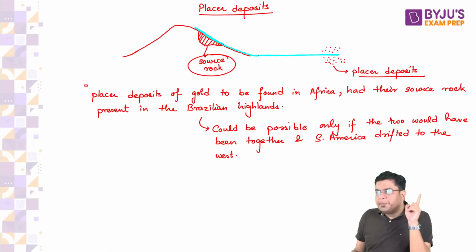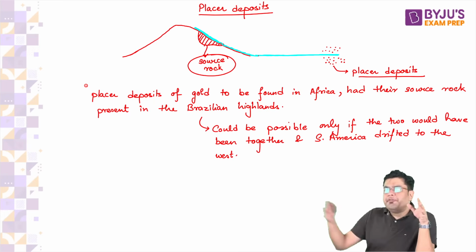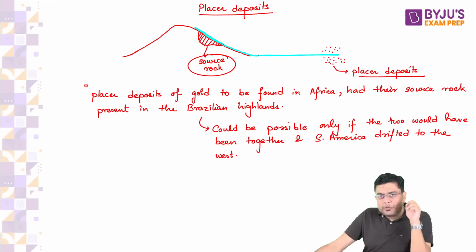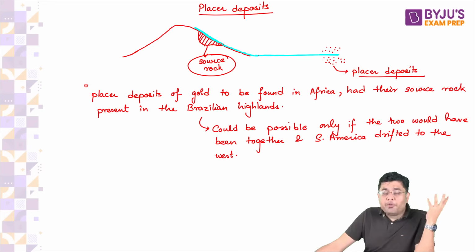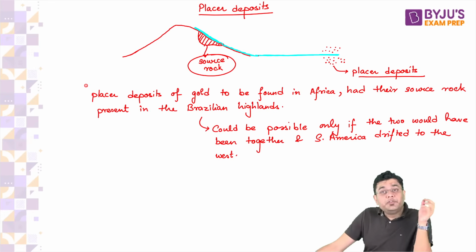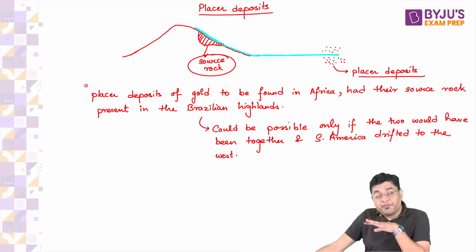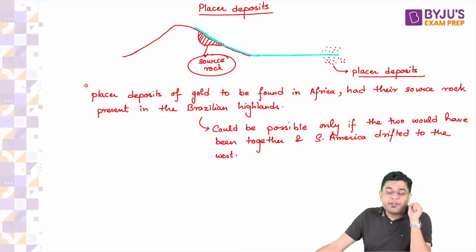Again, very quickly, what is placer deposit? So any kind of deposit which is carried out very far away from the source rock or the source material. For example, you have gold deposits, you have platinum, you have even in certain cases silver. Now, any of these elements which are not soluble in water, when water or any of these agents carry them through and deposit them some far away distance, that is what is referred to as placer deposits. And the place from where those deposits have originated, that is referred to as the source rock.